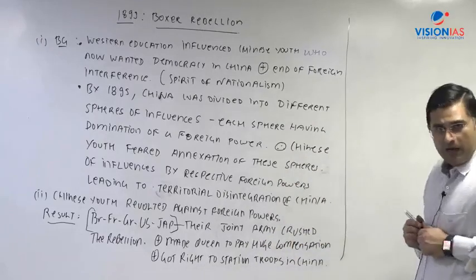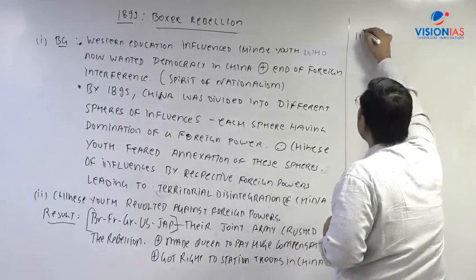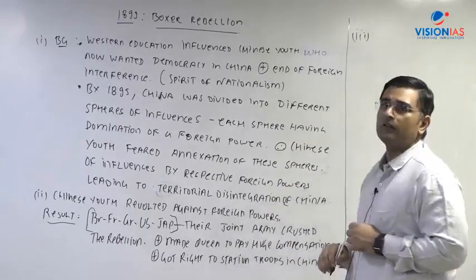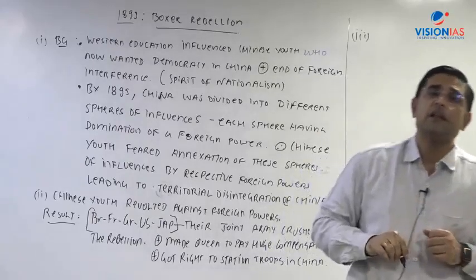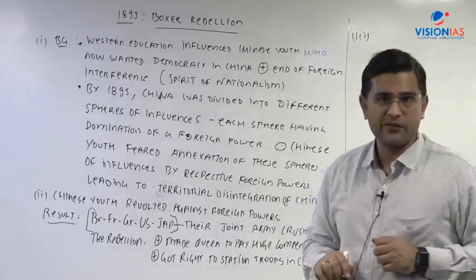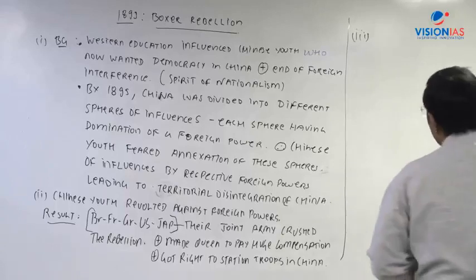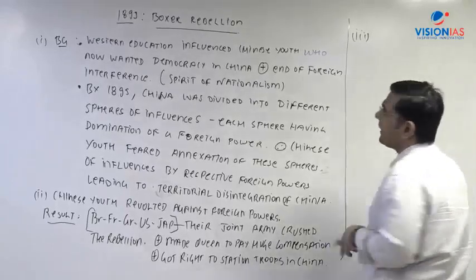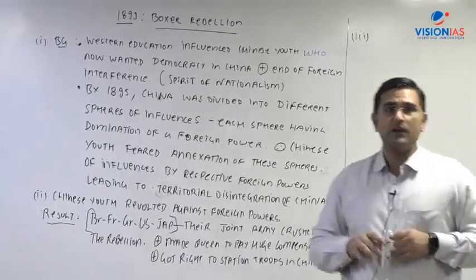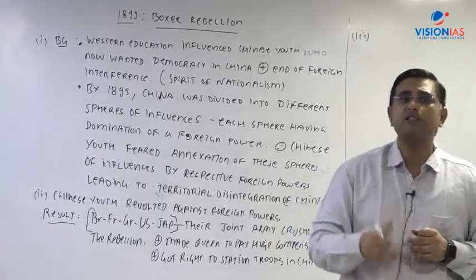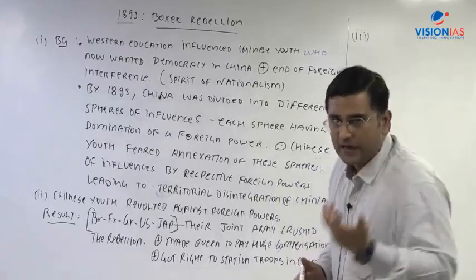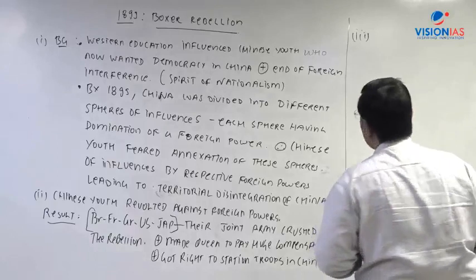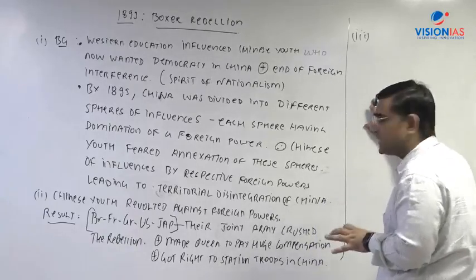Right, so now the third result is a very important result, and it has the answer to that one question which a student asked, that why China was not politically annexed. I did not mention it at that point of time because it was not the right time. And then a second question which we have written at the beginning of the class, that what is an international colony, and how China became an international colony. So basically, the third development which is taking place is,